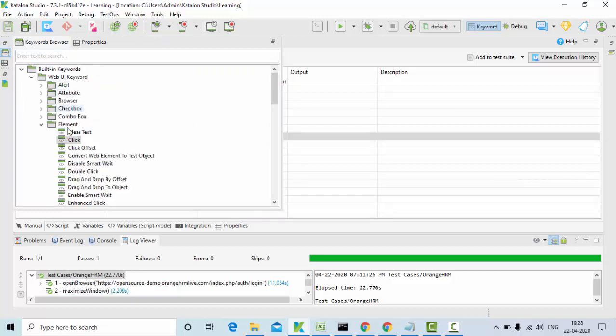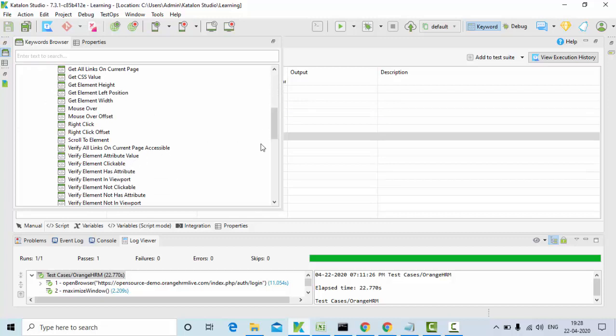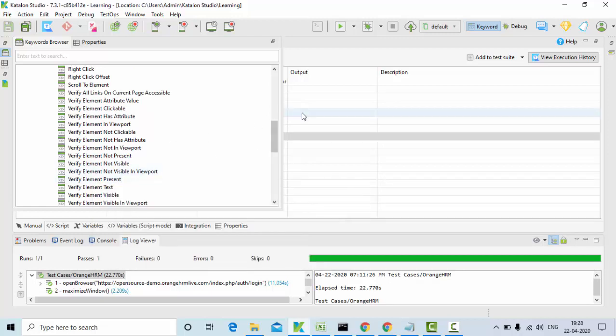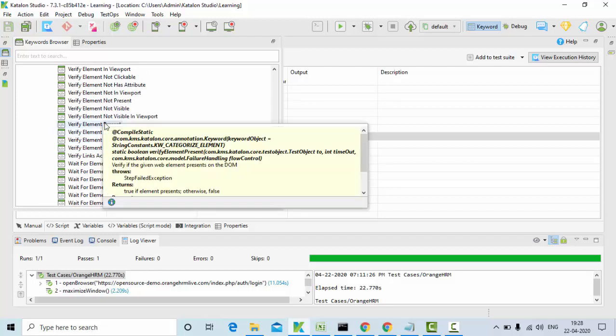go to the element section, and if you come back, if you see, element present, this is the one activity we have. Is there any other activity we have? No. So I'll just use the verify element present activity.